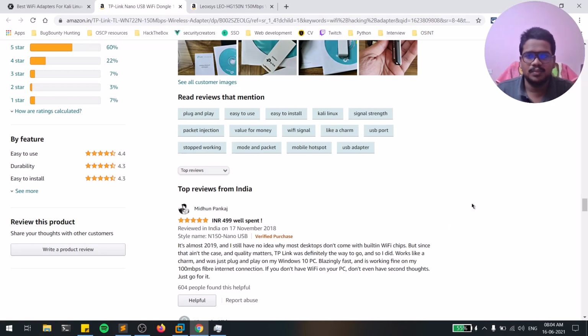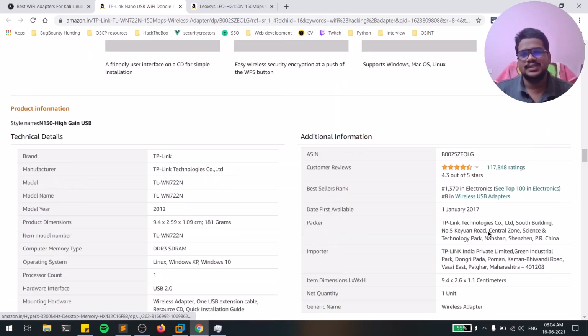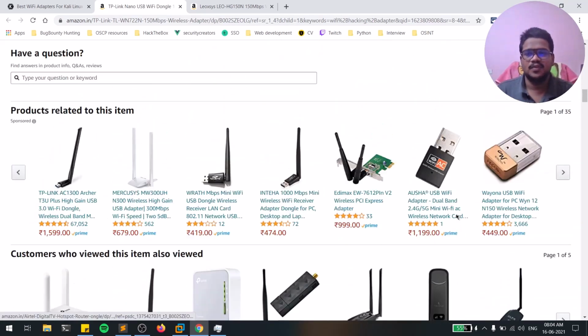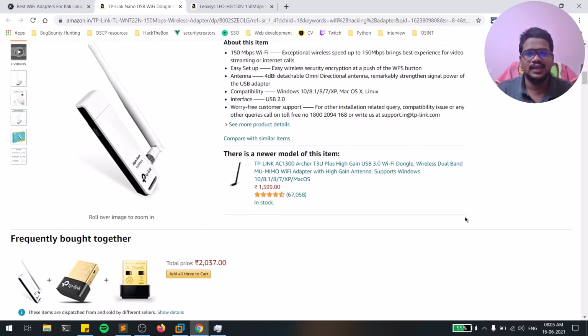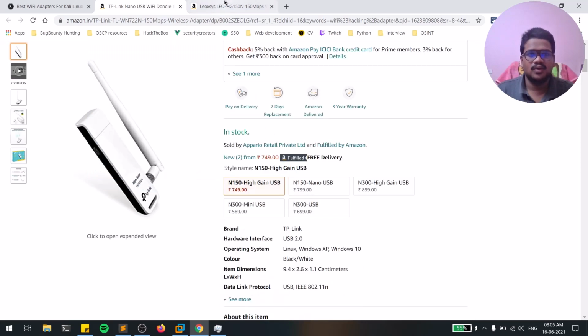Even if you buy it, there are some people who mention how to make it work, but still it is not recommended because it is a complex process. So if you want something that works absolutely fine, then go with Lexosys or this Alpha card.